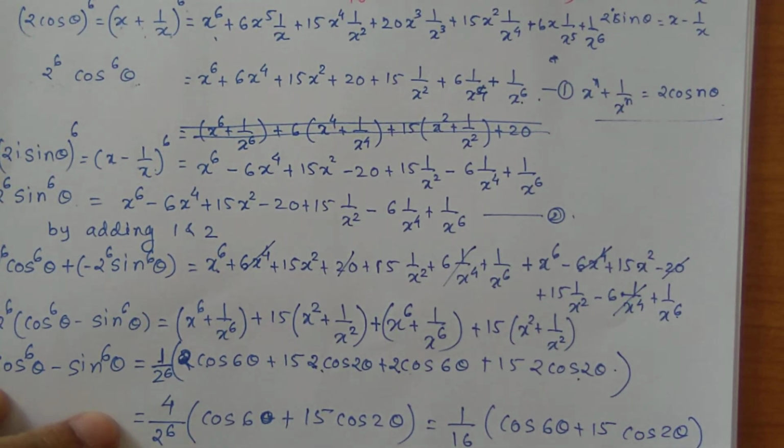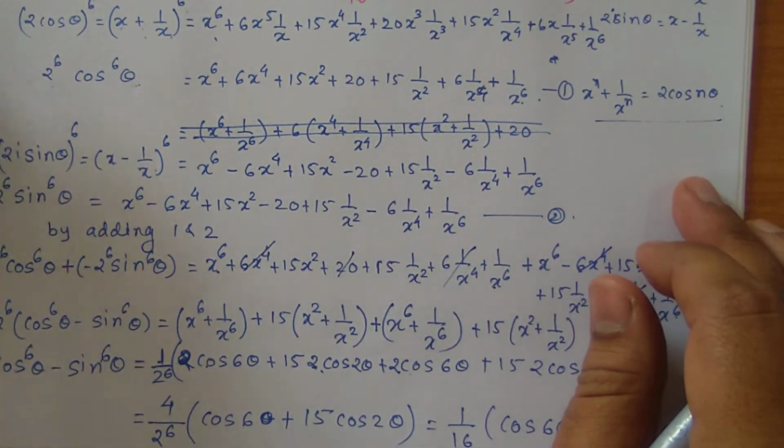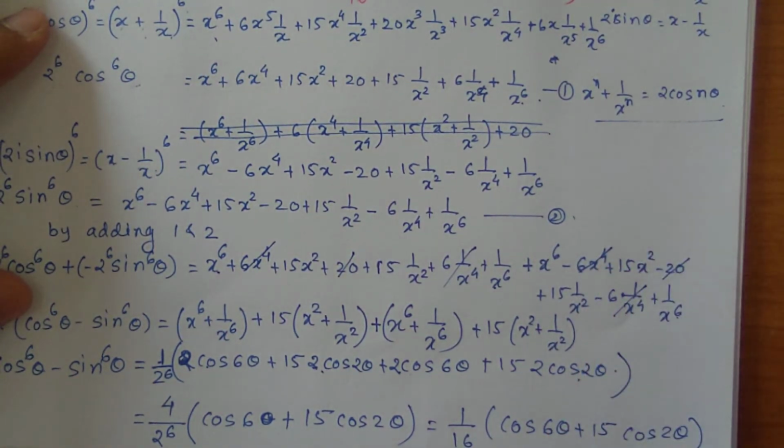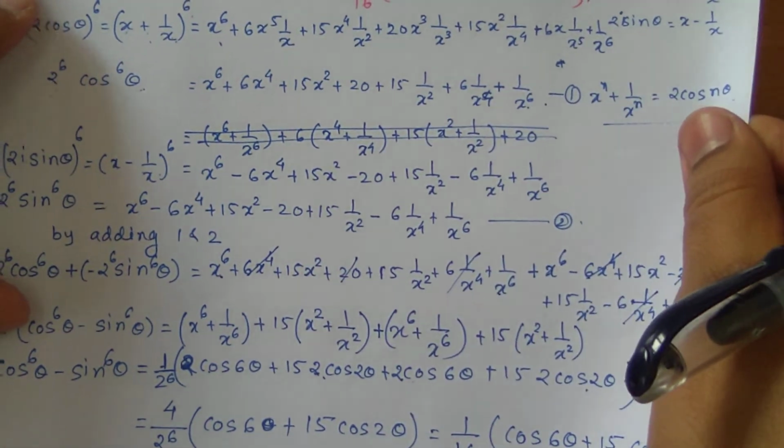Okay. So this is one problem from the university examination. Now we are going to discuss another example, which is quite interesting. Here we have seen the addition or say subtraction of cos raised to n and sin raised to n. Now we are going to see one multiplication. Well, so the question is, prove that